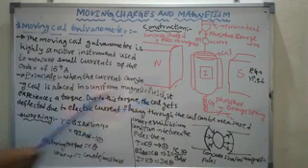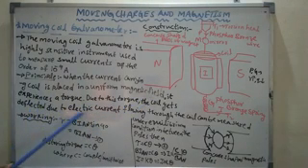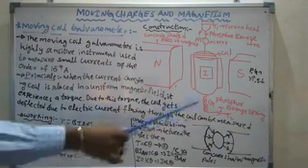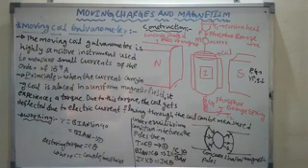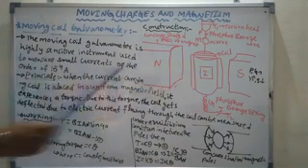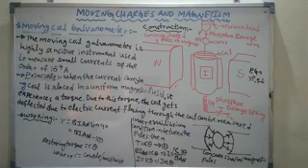The coil gets deflected, and due to this the electric current flowing through the coil can be measured. If the current flowing through the coil is more, then the torque is more. If the torque is more, the deflection is more. So with the help of the deflection, we can measure how much current is flowing through the coil. Easily we can measure it using this moving coil galvanometer.